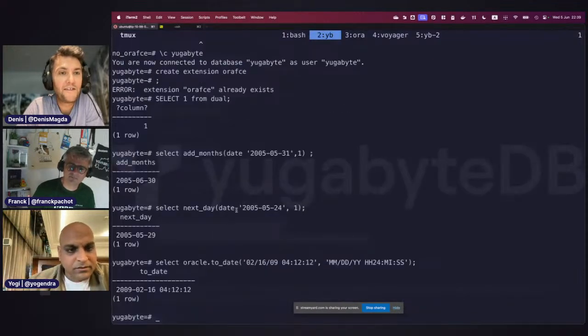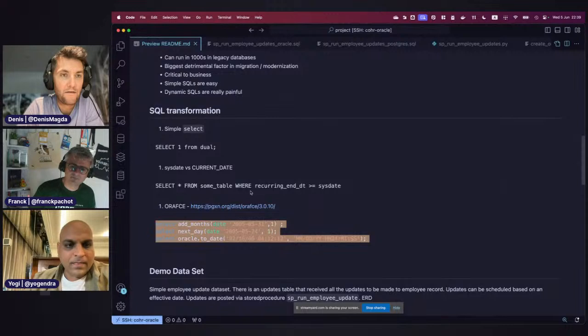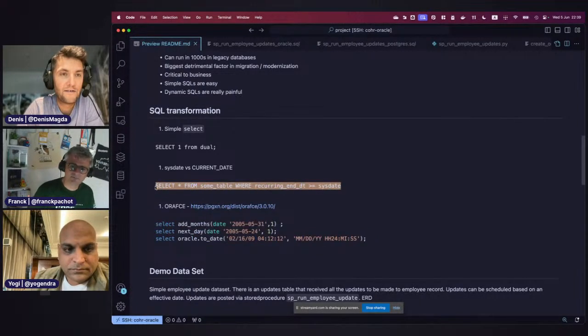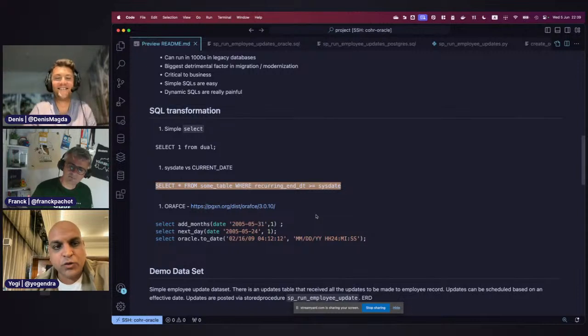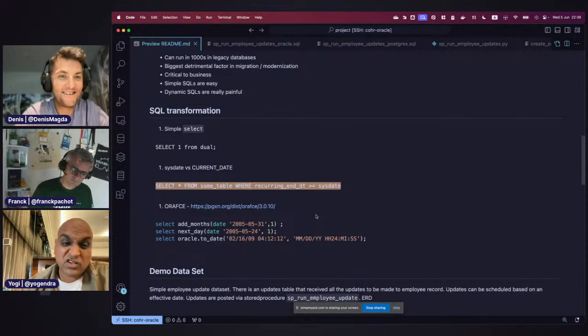In the context that you're going to provide to the LLM, are you going to encourage it to use the Orafce extension? Not this time, actually. I haven't tried asking it to use Orafce, but I'm sure if we suggest it, it should pick it up. We can actually try it.